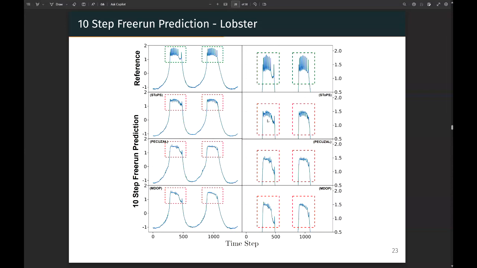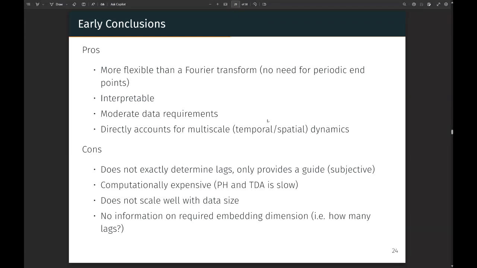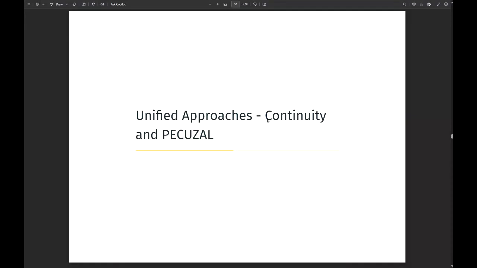Still not very convincing. But the idea here is it's more flexible than a Fourier transform, and it's interpretable because now you can relate it to periodicities. The problem is it's computationally really expensive, and doesn't really tell you how to select multiple lags. It just tells you which lags are important. So can we do better?